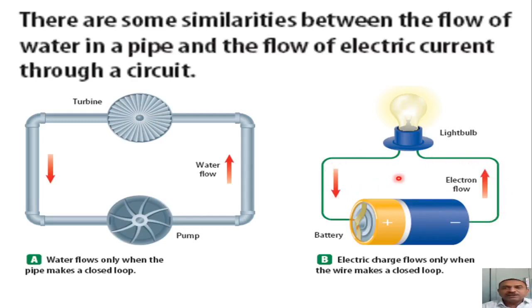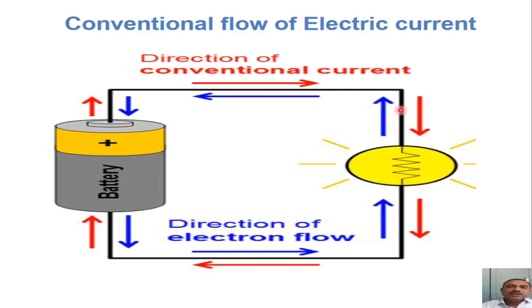Now once we have the idea of how there will be flow of charges within an electric circuit, let us see the conventional flow of current and the direction of flow of electron. I have just described that from the negative terminal the electron will start moving through connecting wires and reach whatever electrical circuit or load, and through the connecting leads or wire it again comes back to the battery.